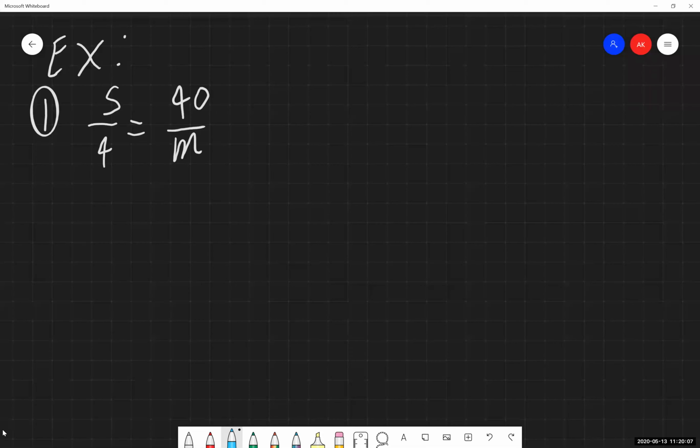So there's a couple ways that people like to write this out for themselves. It's your call if you want to do this or not. I like doing it because it keeps my work organized and it keeps me knowing what I'm doing with this. We're taking the numerator of one, multiplying it with the denominator of the other. So I'm going to have 5 times m. So you can either write it out as 5 with a little dot and m. Your other option, and I recommend doing this when we have negatives showing up, is you can also do parentheses 5, parentheses m. And again, parentheses next to each other denotes multiplication. Now on the other side, we have 4 times 40.